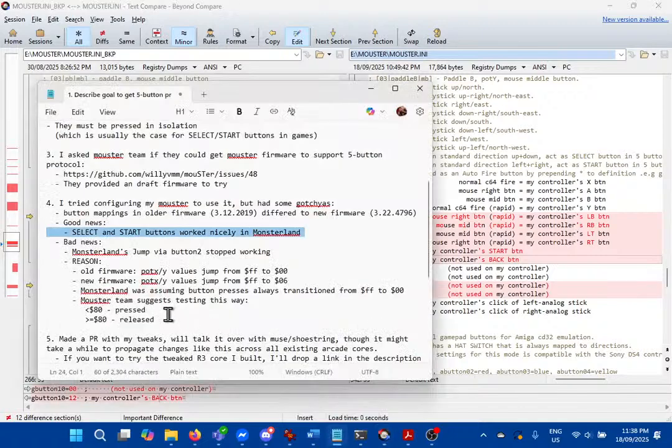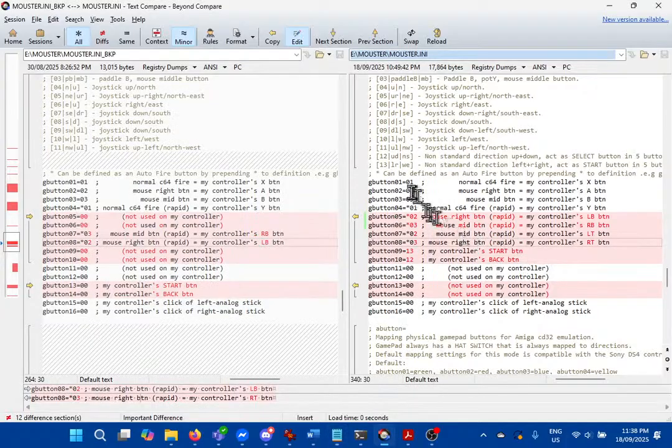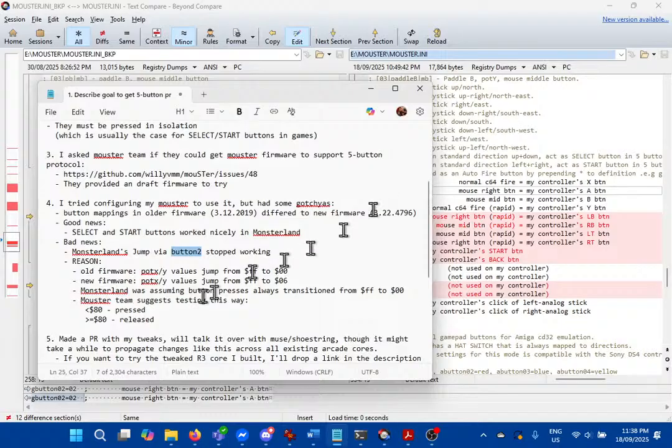So, but the bad news was with the new firmware, when I played Monsterland, I couldn't jump anymore. This jump was set to the second button, this G button 2. It used to work when the MiSTer had the old firmware, but all of a sudden it stopped. And when I looked into that, I noticed when I was running the old firmware, when I pushed the buttons,